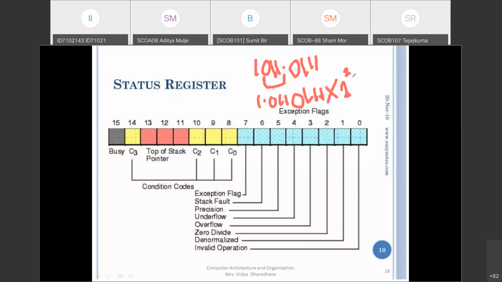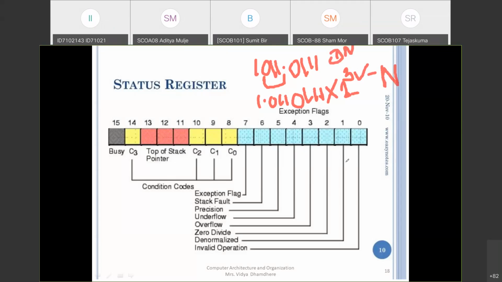If you move to the left side, you put the plus sign. If you move to the right side, you put the negative sign. This is an example of normalization, and this is an example of denormalization, which I have marked DN.